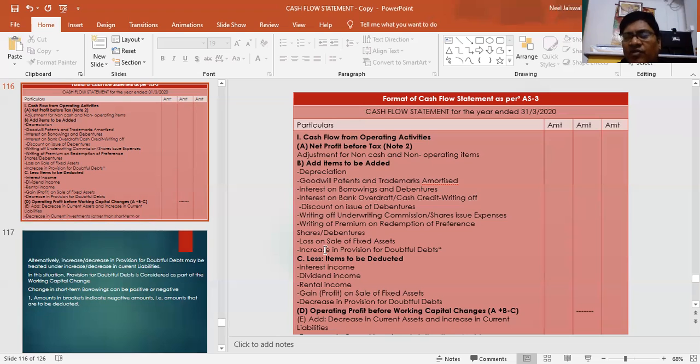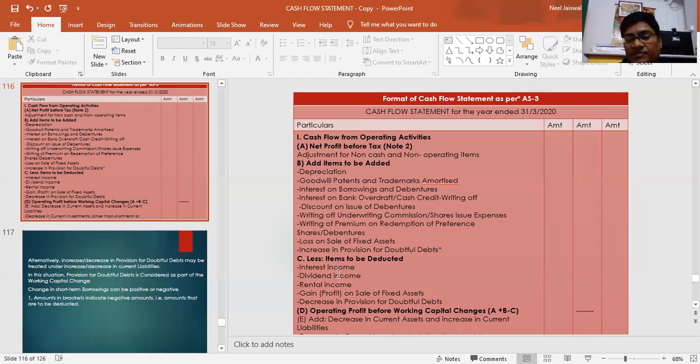What are we finding out? We are finding out cash flow from operating activities, and we have taken the indirect method. We have started with net profit after tax. We got net profit before tax. Now we are reaching towards operating profit, and after that we will have working capital changes, and then we will have our cash flow from operating activities. So first of all, we will be reaching towards operating profit. Whatever we have subtracted in the statement of profit and loss, that we are adding back,